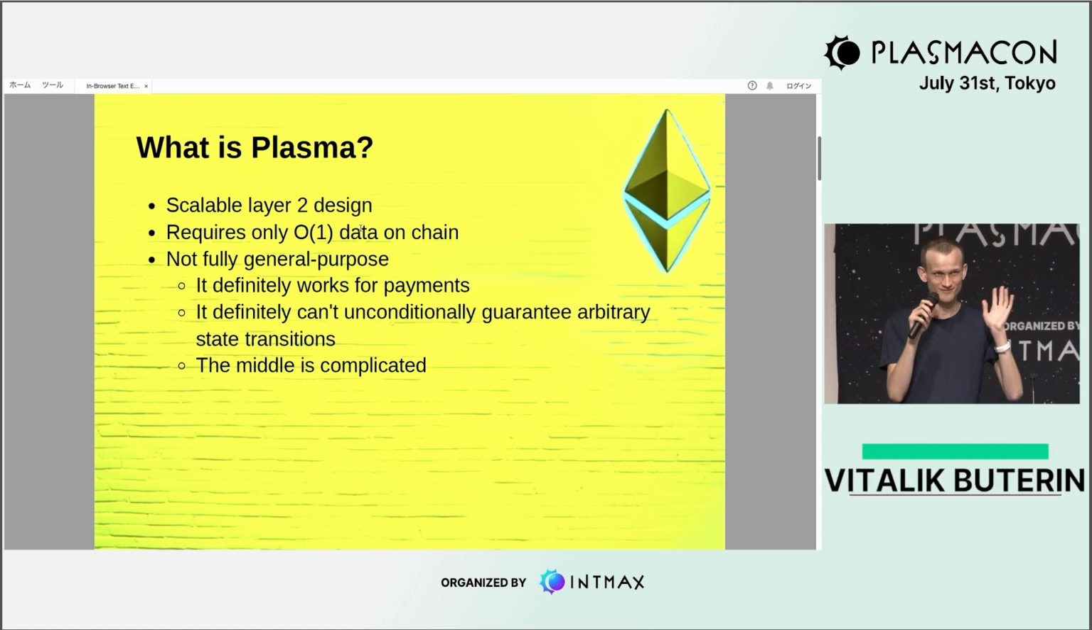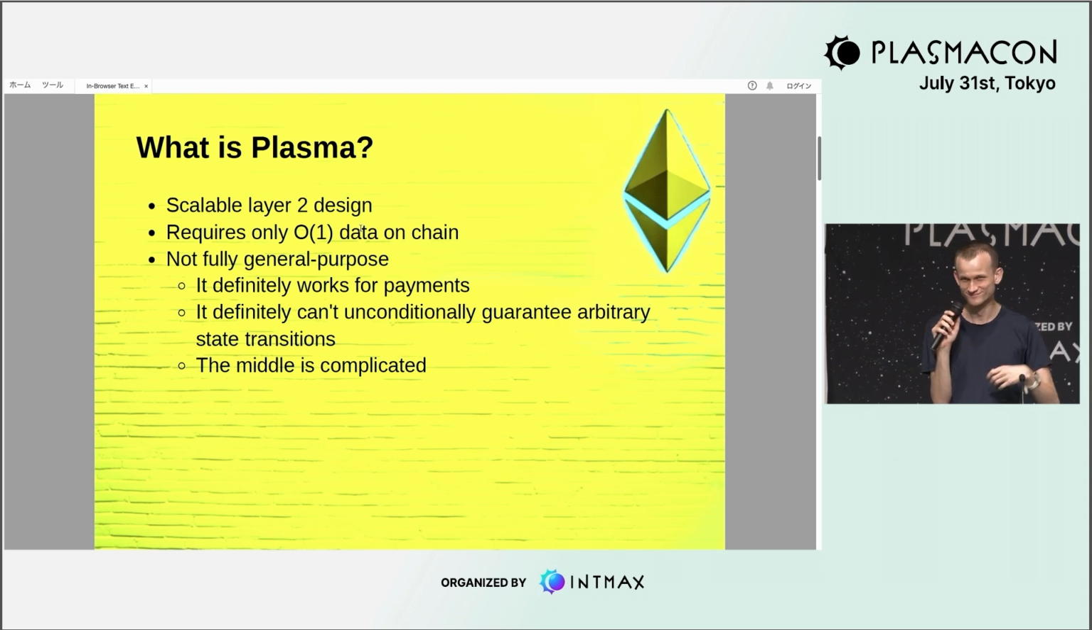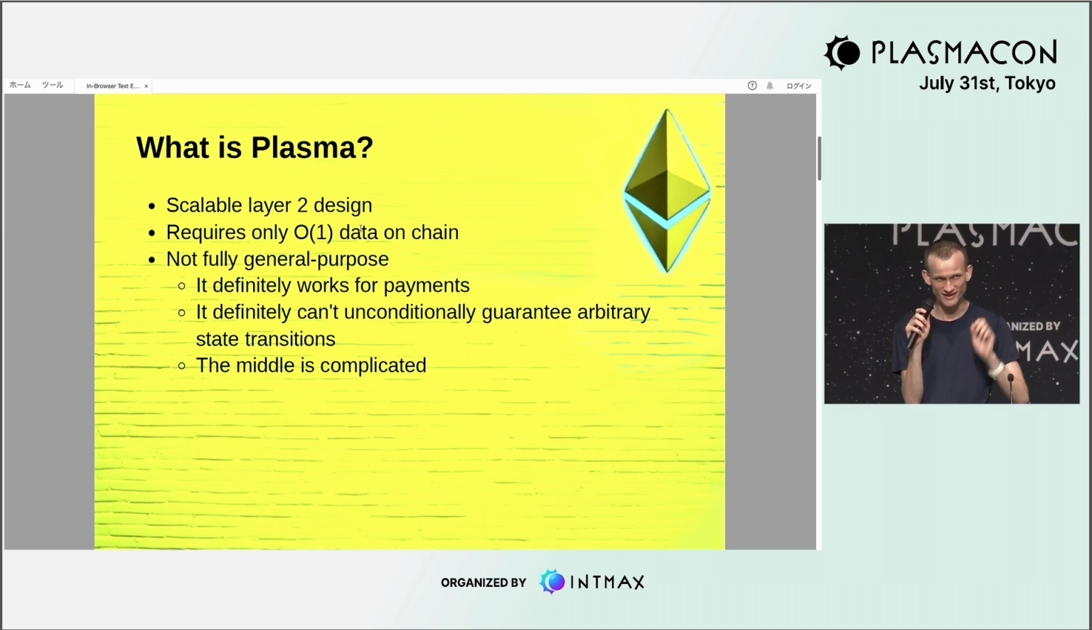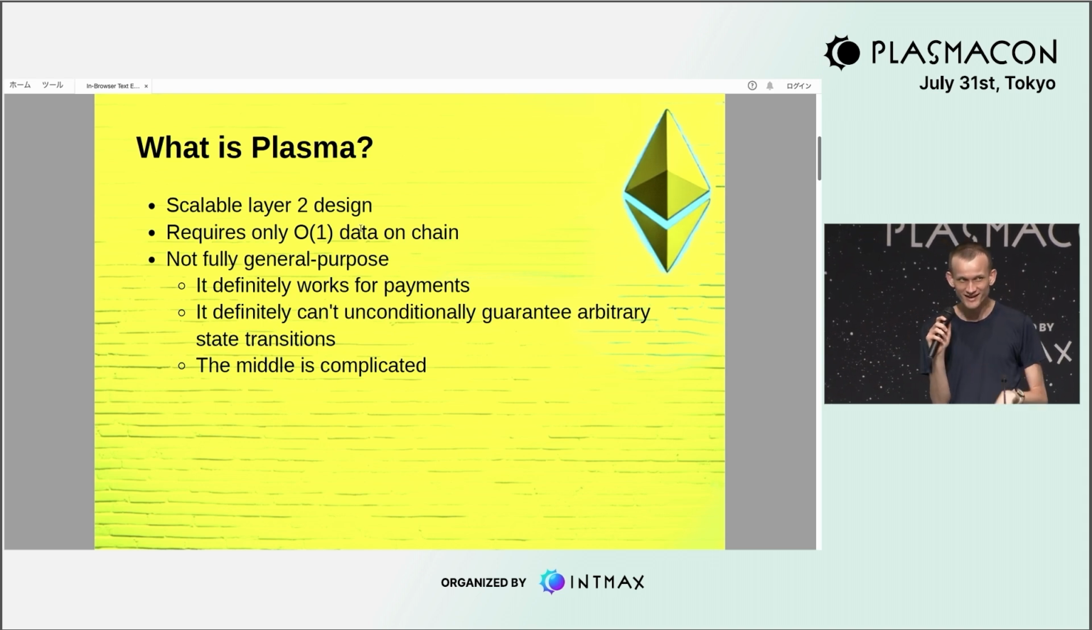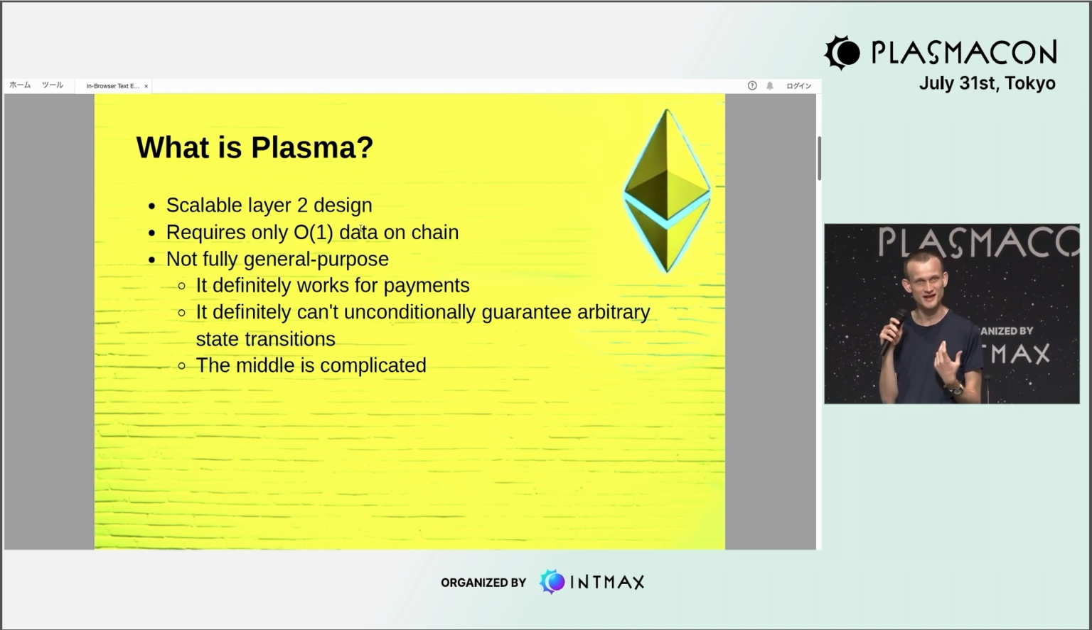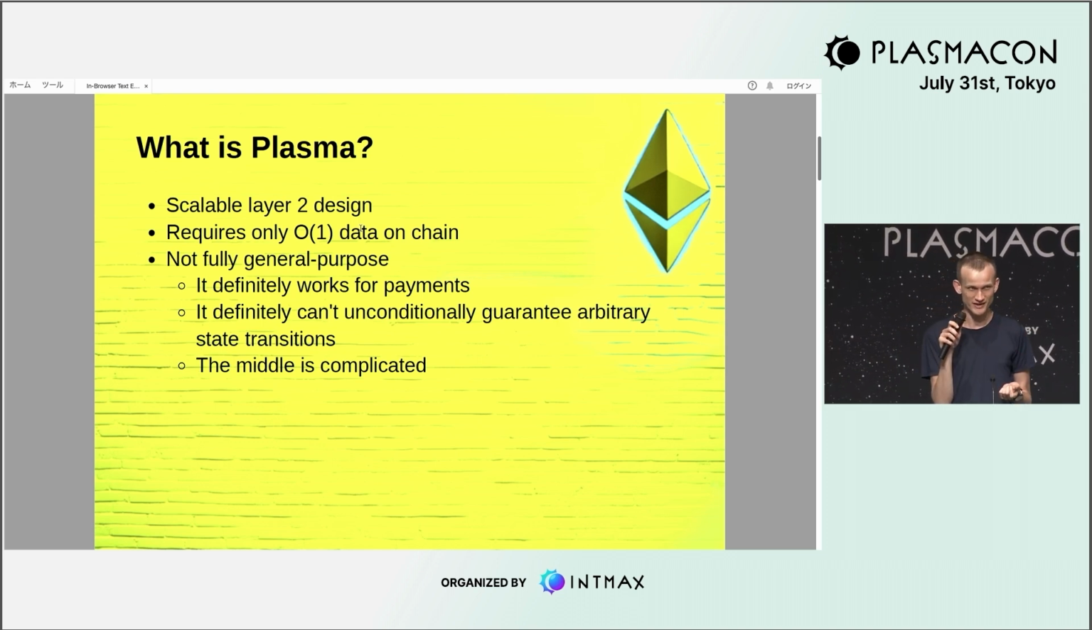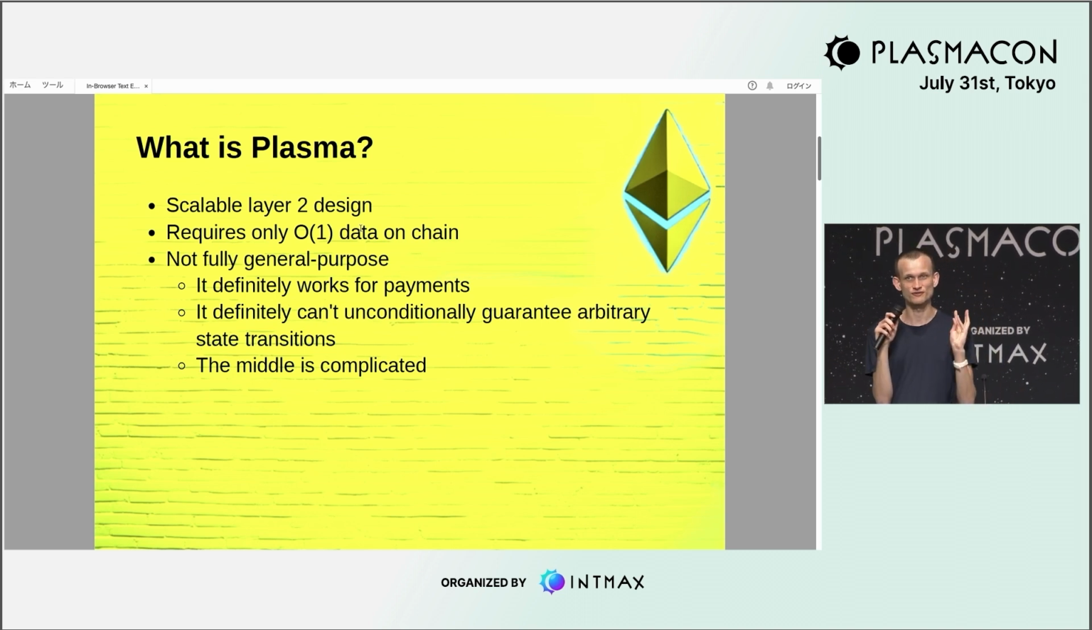So Plasma. Who here remembers Plasma? Well, we all should, because INTMAX is the next great thing, and INTMAX is a Plasma. But Plasma is an idea that actually has at least a 7-year history inside of the Ethereum space. It was actually one of the very first layer 2 scaling solutions that we started looking at, and even before